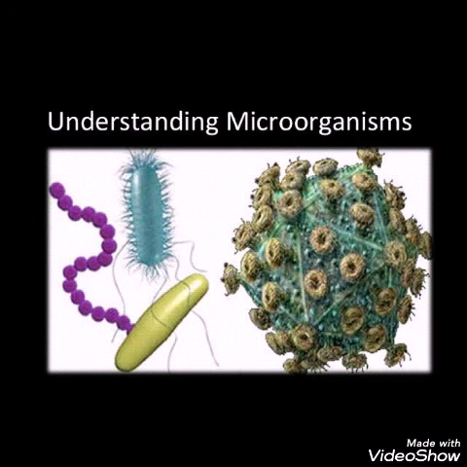The terms relating to energy source can be combined with the terms relating to carbon source, thus yielding terms that indicate both an organism's energy source and carbon source. For example, photoautotrophs are organisms that use light as an energy source and carbon dioxide as a carbon source. Photoheterotrophs, such as purple non-sulfur and green non-sulfur bacteria, use light as an energy source and organic compounds other than carbon dioxide as a